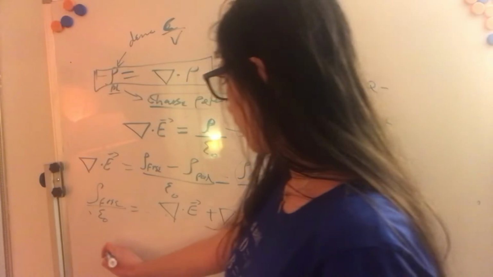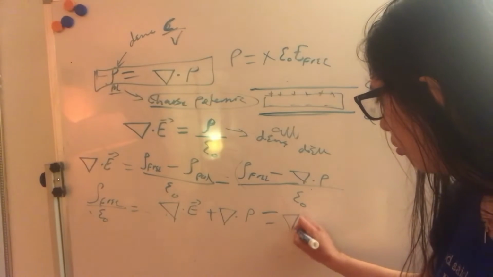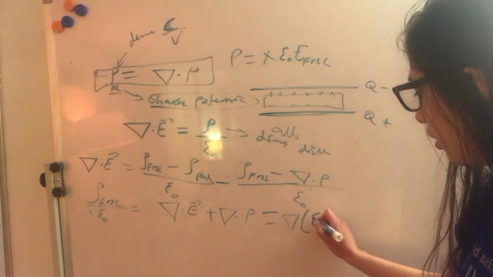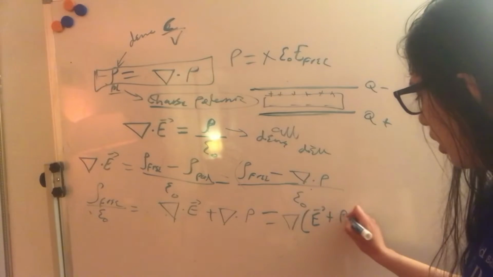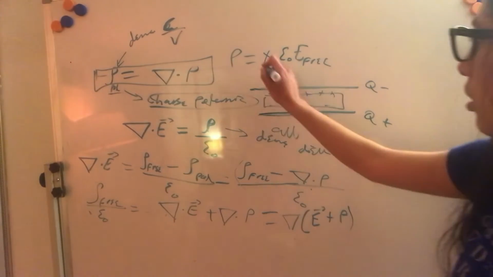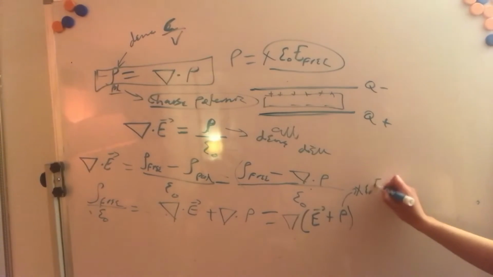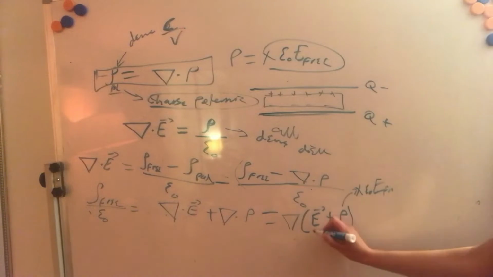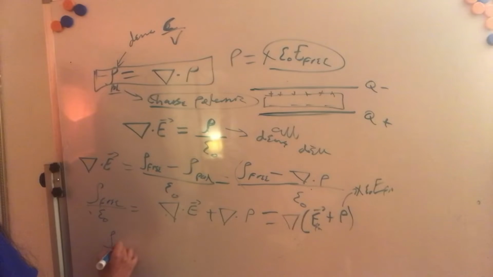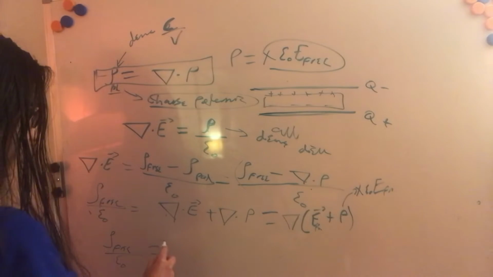So we have that this is the same as the divergence of the electric field plus the electric dipole moment per volume. So now we replace this by this. So here we have chi epsilon naught E free. So we have that the free charge density divided by epsilon naught is equal to the divergence